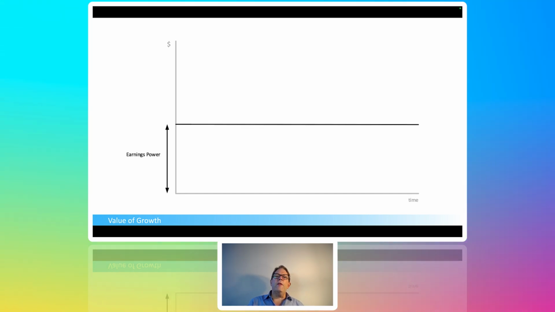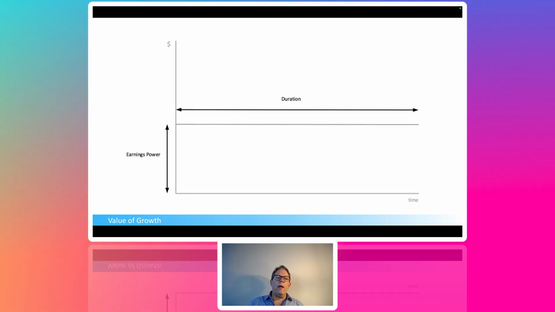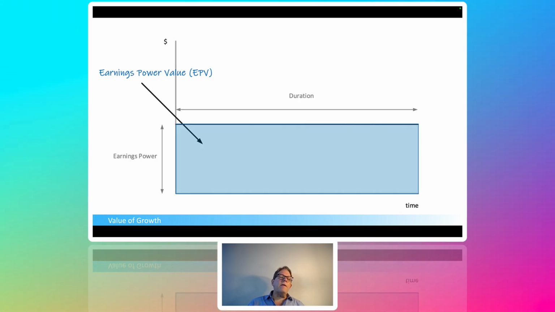All right, so we just flip earnings power to the outside, replacing NOPAT, and then duration. In reality, my thinking is 10 years, but in reality, the duration is forever. And I went through that a couple of times in the last two videos of why we should be comfortable with forever, just part of the business. And then the area, earnings power times duration, is your earnings power value, EPV. We're going to use this construct today to take some of the components of earnings power value, NOPAT, apart and see how they impact valuation, how we want to think about valuation.